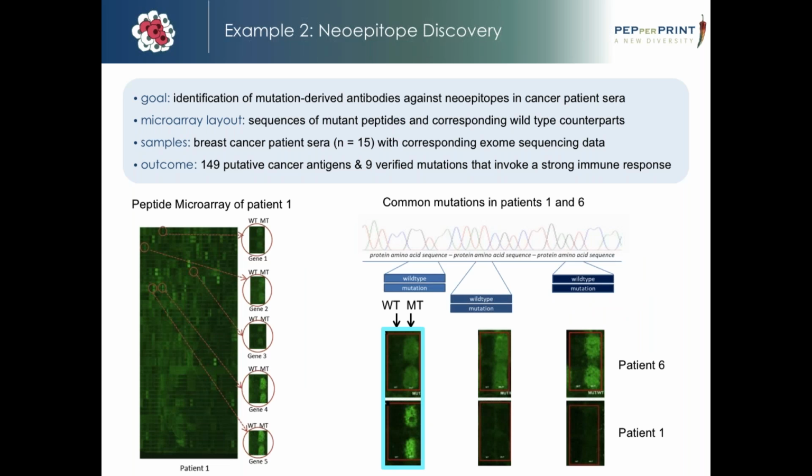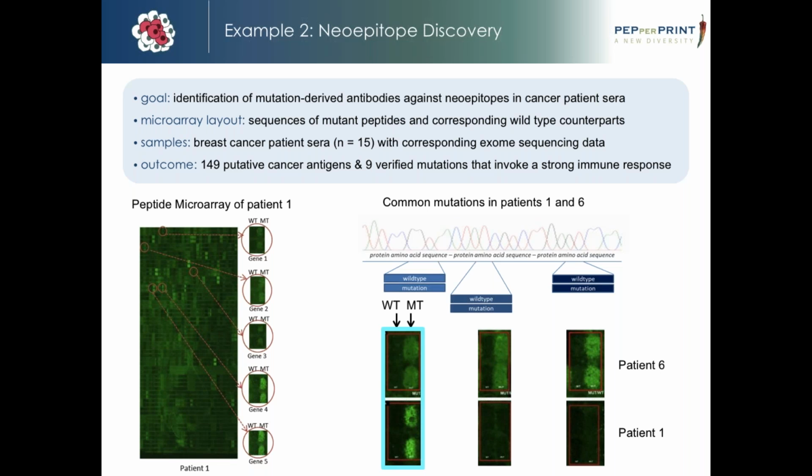On the left, you can see the peptide array of patient 1 that was incubated with serum from patient 1. The array had 460 peptide pairs in duplicate. Antibodies present in serum from patient 1 reacted with 5 mutant peptides, but not to their wild-type counterparts. Considering the high number of mutations, here it was about 460, this is only a very small number of peptides